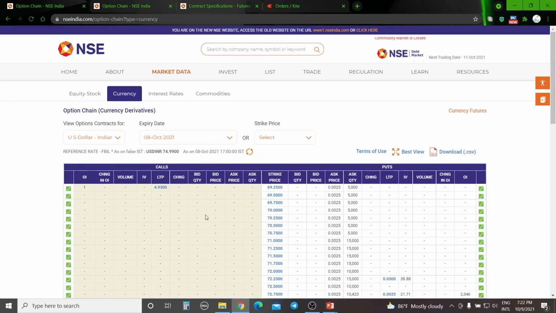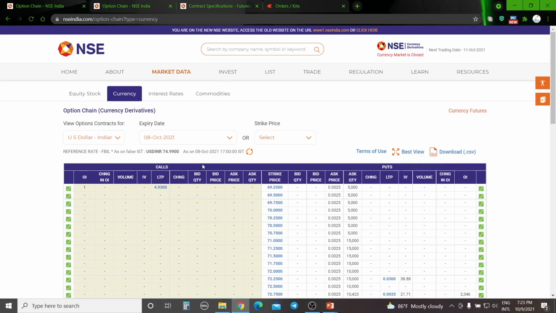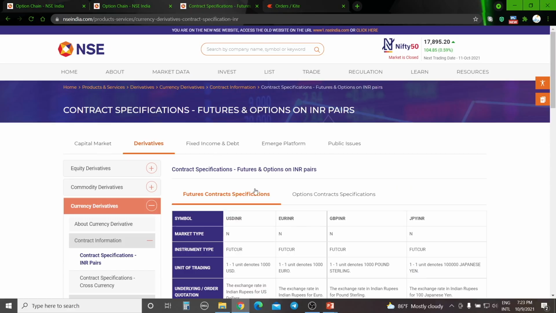Okay, so this is the 8th of October expired contract. We will go through the contract specifications. You can see I have already opened it. We'll go through the contract specifications, so you will know what that contract means. The same thing is applicable for the equity derivative segment also. Here certain terms are different, like what I have explained before, the option contract expiry and then the reference rate. Minor differences are there. We will go through that one by one.